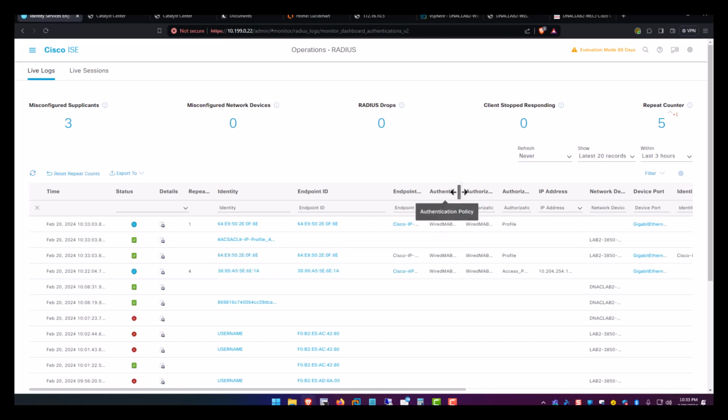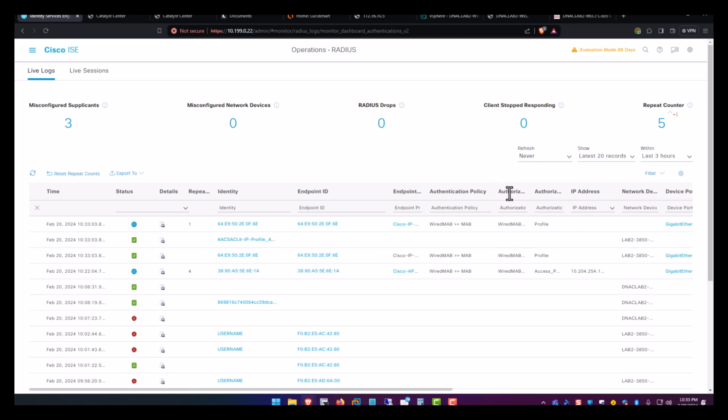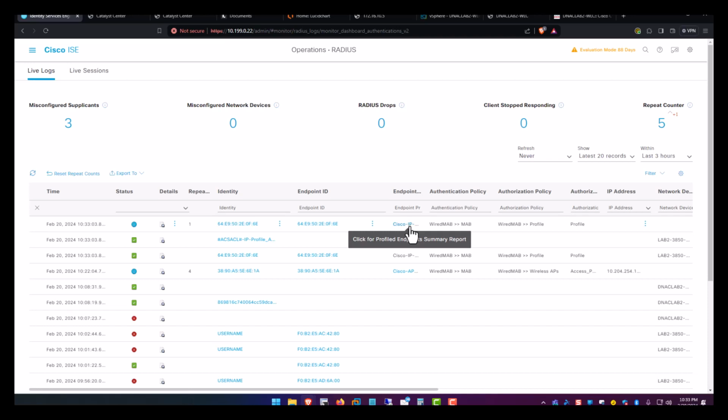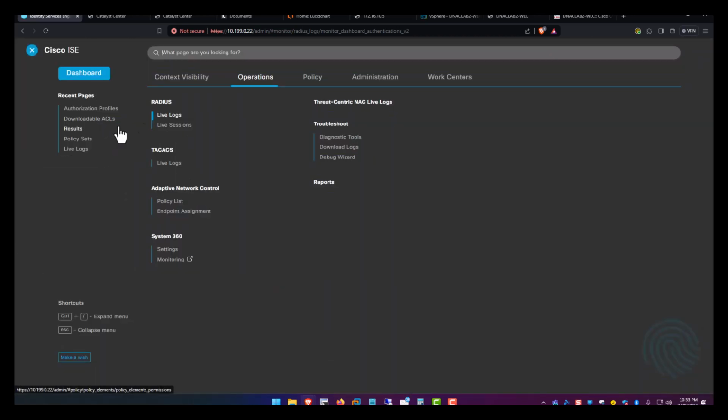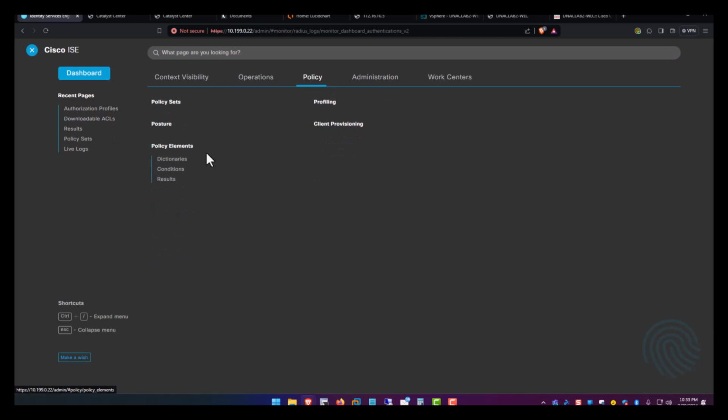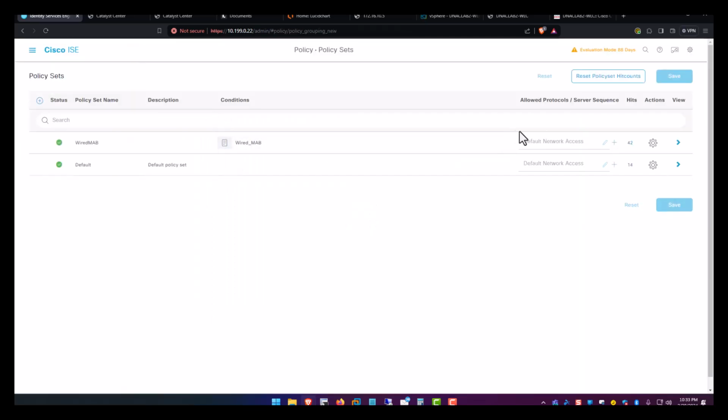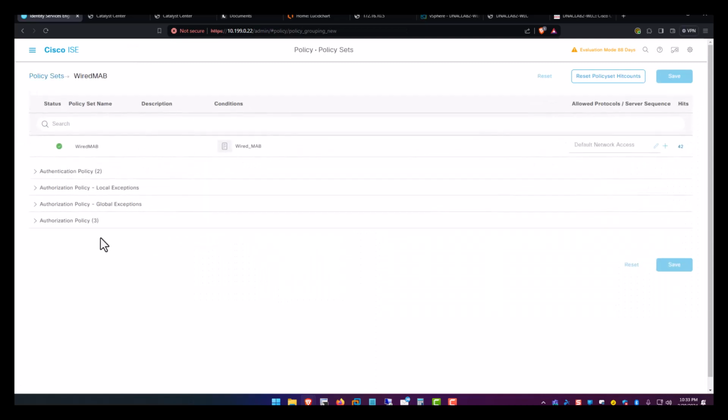It hit our wired MAB. And we did identify that it was a Cisco IP phone. But of course, we have no policy, so right now it's not getting put into any specific VLAN. So if we come back over to our policy sets, and our wired MAB,